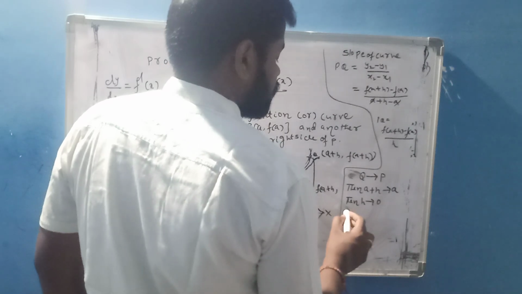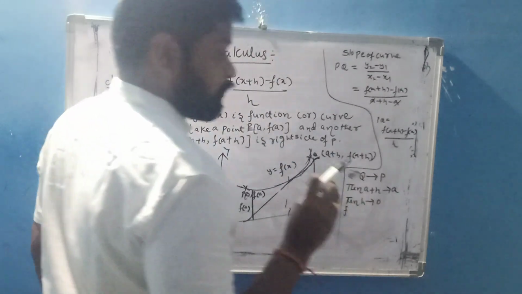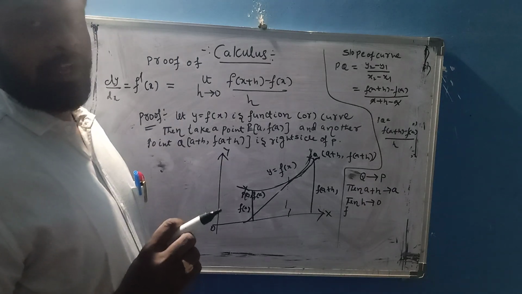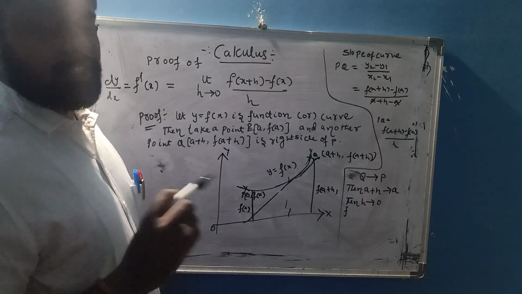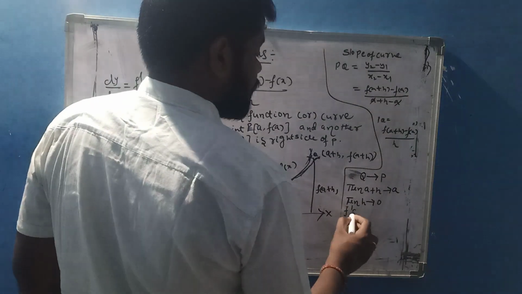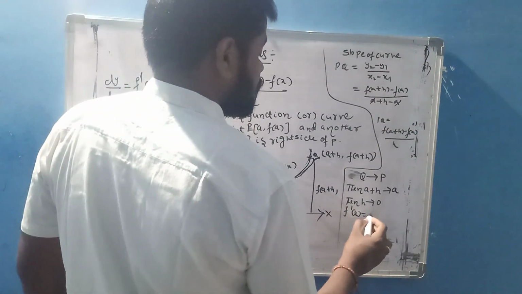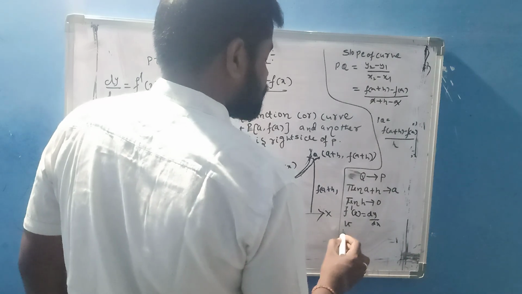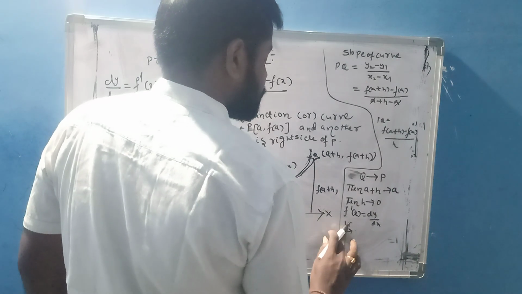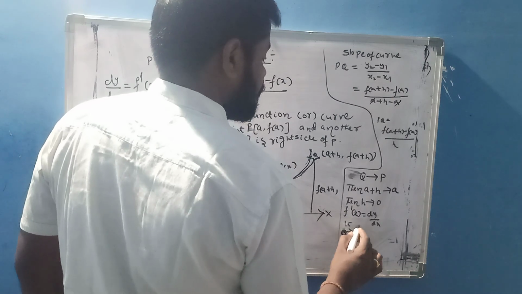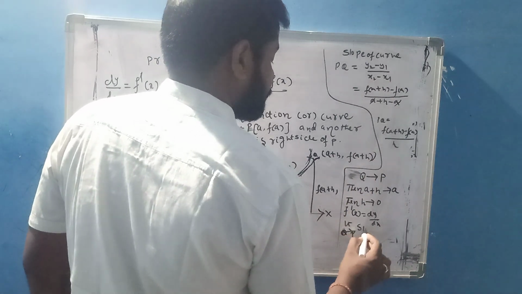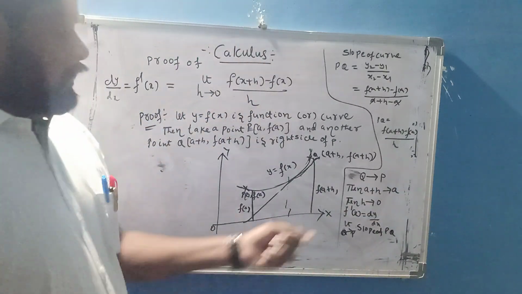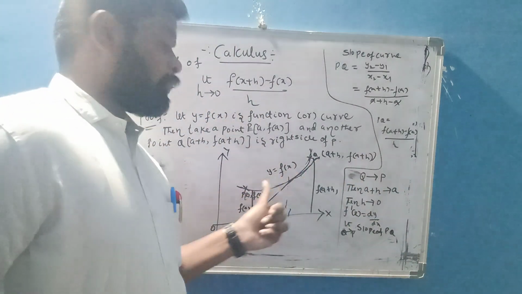Then the slope of the curve, what is the slope? How do we discuss slope? That is nothing but tan theta. Tan theta is nothing but the change of function, f dash of x, and dy by dx is equal to the limit Q tends to P of the slope of PQ. This is the definition, limit Q approaches P.